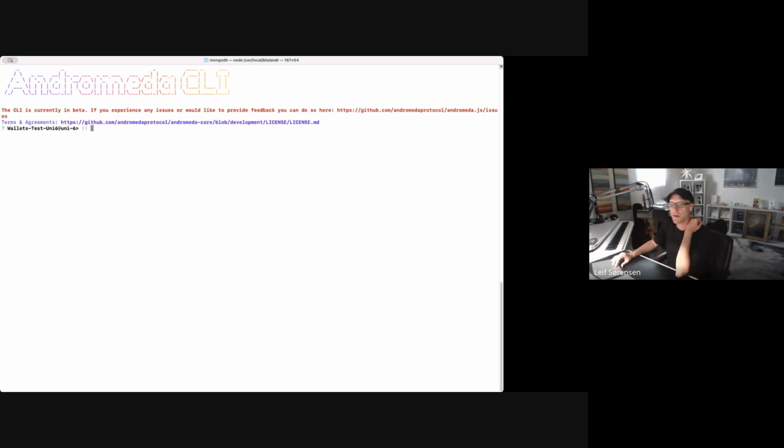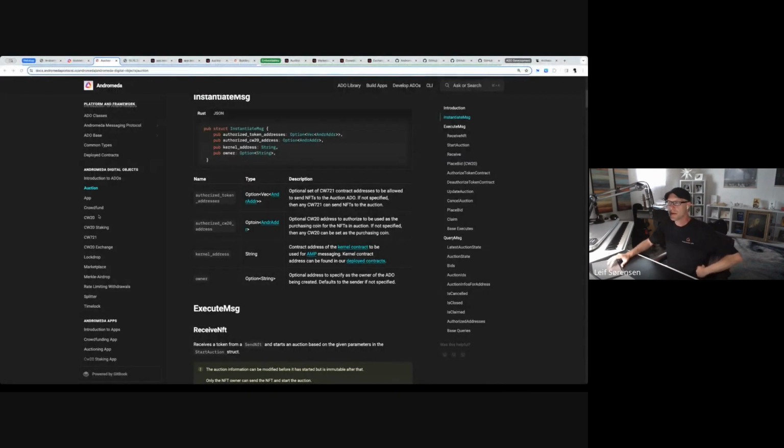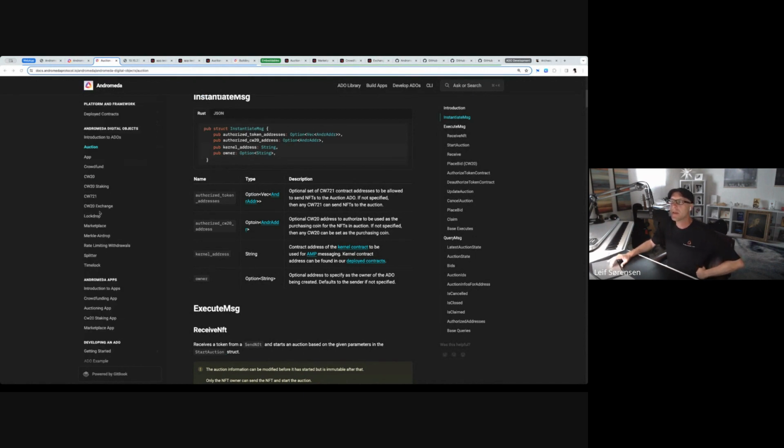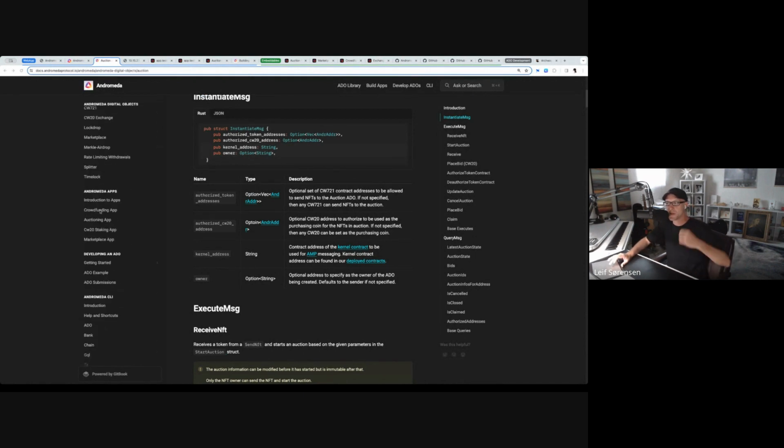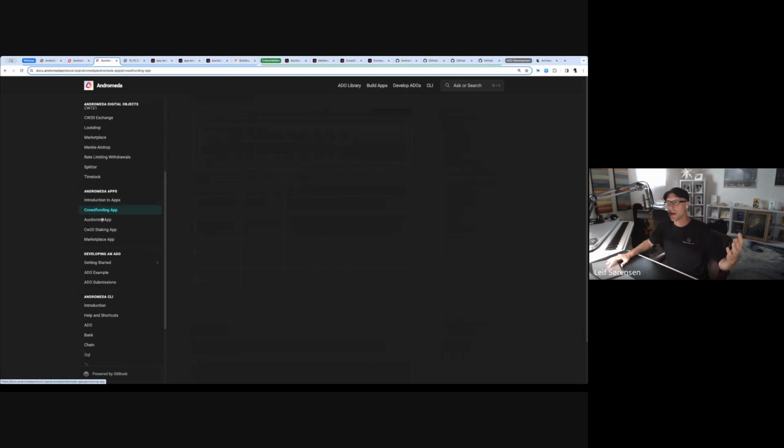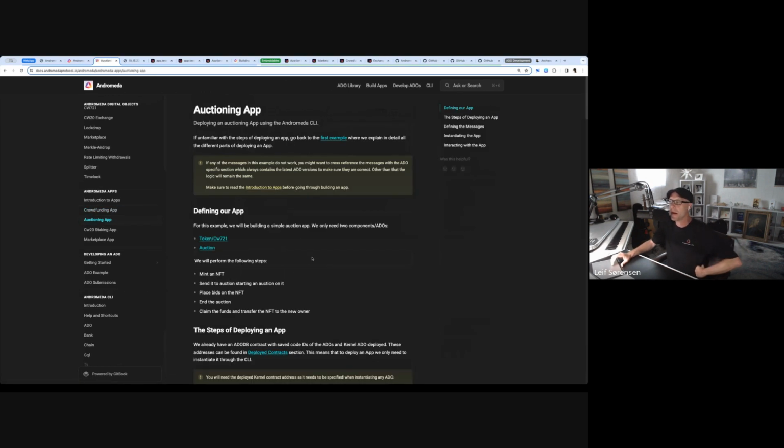Additionally, those guides are available, just like we had the guides for the web apps, in the docs.andromedaprotocol.io. We actually have the setup for additional information there. Let me see if I can show that here. So there's a whole section in here for Andromeda apps, and it walks you through those 4 use cases as well, but using the CLI. So if we wanted to come into the auction app,